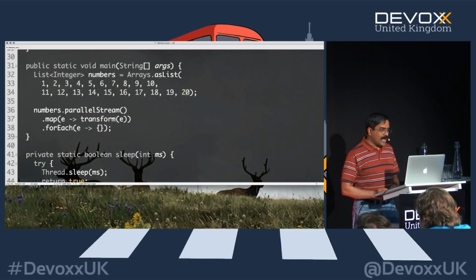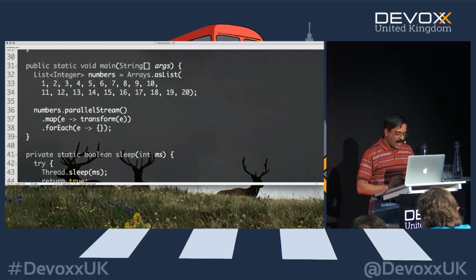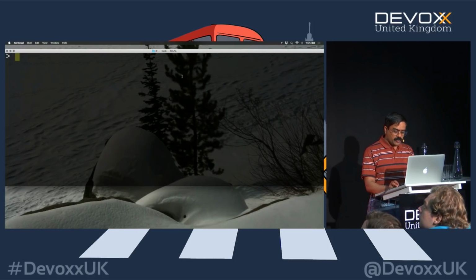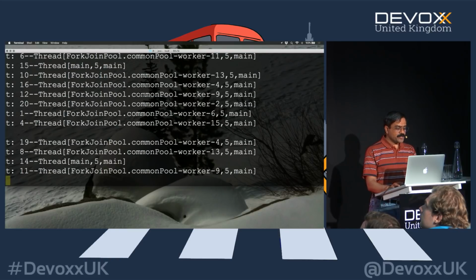Well, I've got 20 values on my hand right now. Given the 20 values, remember I have 8 cores on my machine, so how is it going to be split? You would say it's going to be 3 batches. The first 8, the second 8, that's 16, and then a 4 coming through afterwards. Let's see if that's really true. Go ahead and run it, first batch, and here's a second batch, and here's the third batch.